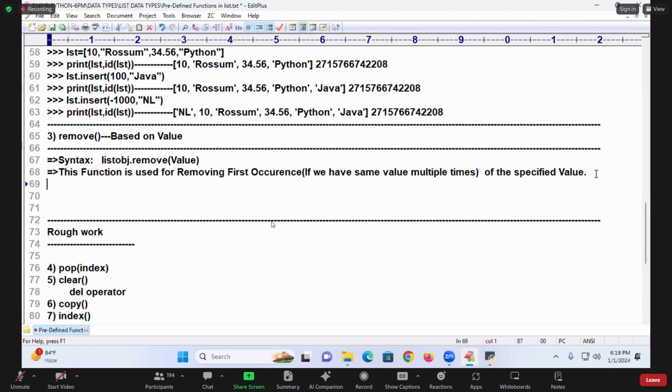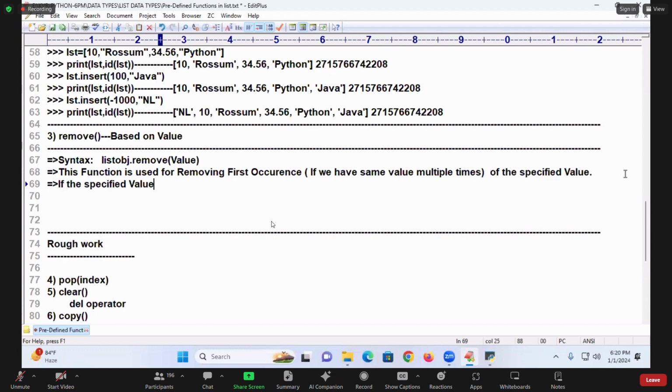Specified value. I hope you are getting it. First occurrence, why did I say that? Because list allows duplicates. That's why, if we have the same value multiple times,